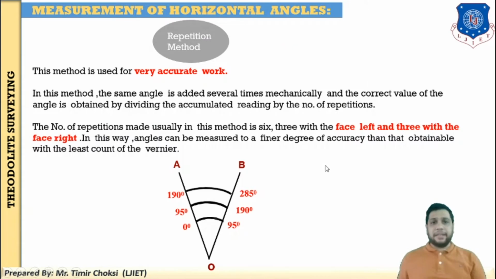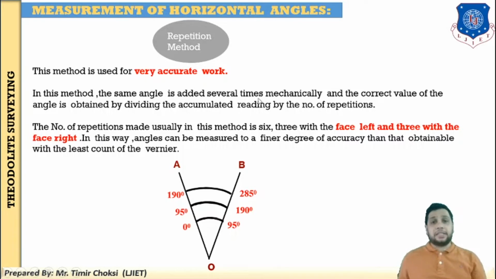Now, next, measurement of horizontal angle using the repetition method. This is the most important method used in field work because it is very accurate, since one angle is measured 6 times. More weight of the quantity gives an accurate result. So this method is used for very accurate work. Where it is a smaller scale area or rough mapping area, you use the general method. But for accurate measurement or finalizing the project, you carefully measure the horizontal angle using the repetition method.